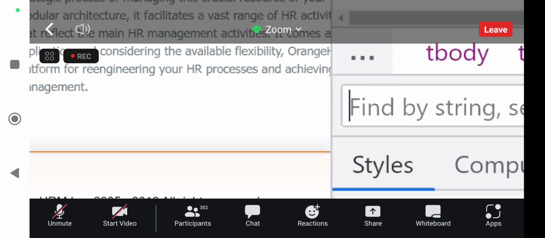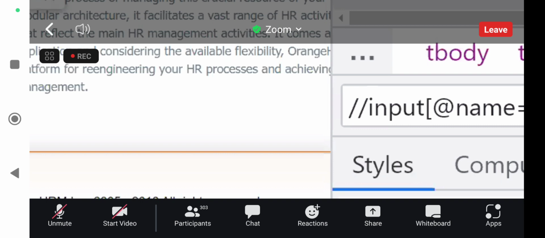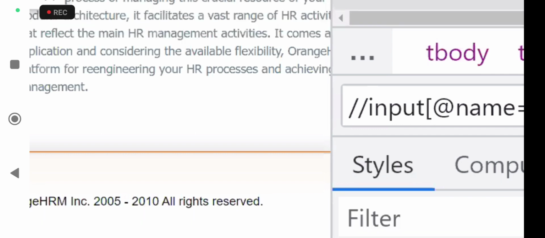Whatever XPath you have written, you will provide here. Now click on enter. See the application, not the HTML code. When I click on enter, you guys see the application: the username text box is highlighting in blue color. In the application, that particular username text box is highlighted. So that means we can confirm that